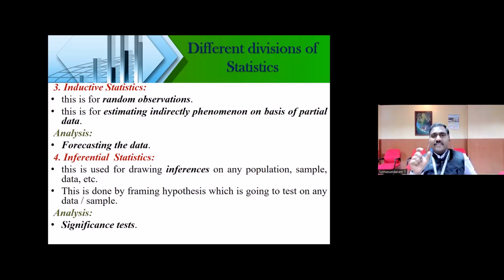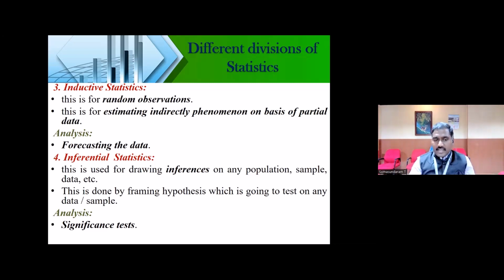Once you analyze the variable and have come out with the data set, after that you can decide, for this variable I want to frame the hypothesis and test if this is true or false. In that case, inferential statistics is very, very important. For most inferential statistics, we frame the hypothesis, and based on the significant value, which is also called the p-value, we give a meaning to the particular variable or hypothesis. That is called inferential statistics.